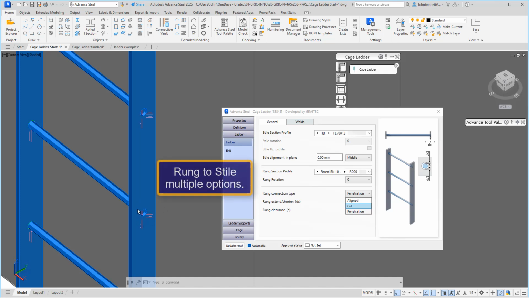If we change it to cut, the hole will disappear on the outside edge. And obviously the boxes become inactive. So let's just put that back to penetration. We'll see the hole come back in. You have a series of other options here to extend or shorten the run as required and influence the hole